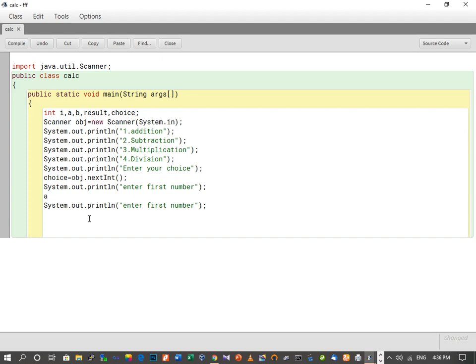So a equals obj.nextInt. Whatever the user enters over here will be stored in a. Similarly, over here we will store it in variable b equals obj.nextInt. Here we have to change it to enter second number.